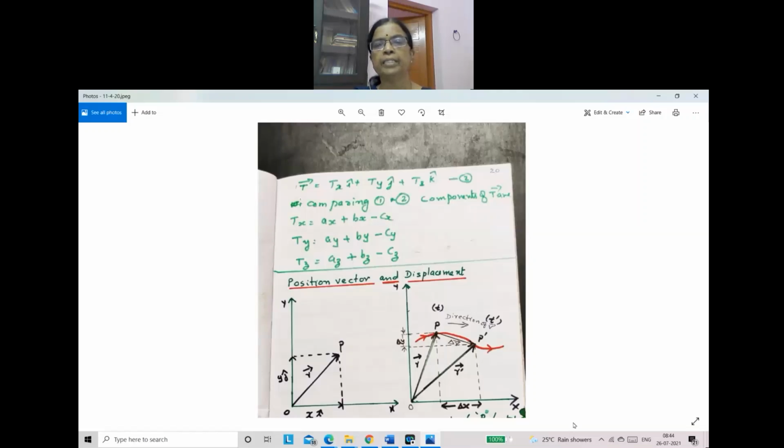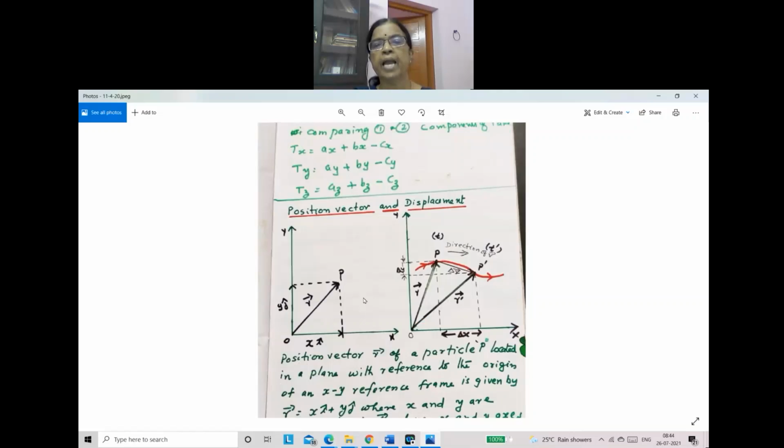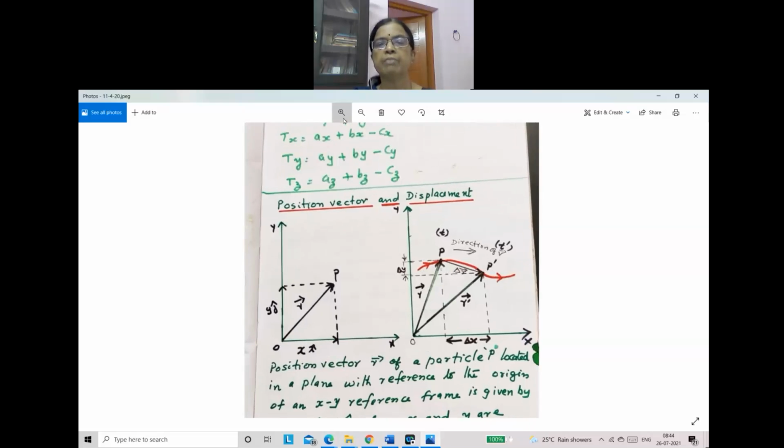Okay, teacher. Position vector, that is what we have seen, children. In the video I showed you, vector OP is represented as vector R. It is written as x i cap plus y j cap. Similarly, the body moved from P to P dash. This red line shows the movement of the particle from P to P dash in a time delta t. The body moved from P to P dash, and it is the displacement vector, vector OP dash. Displacement vector we also represent with the letter delta R.